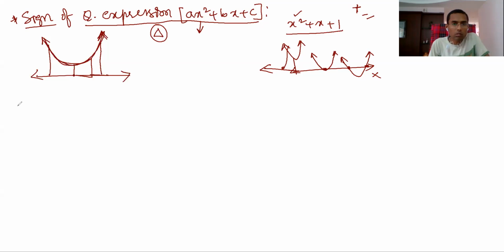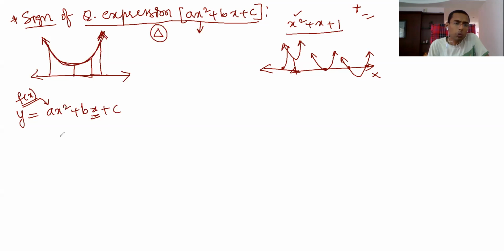I'll show you a very easy way. Let's say y equal to f of x, both are the same only. I am taking ax square plus bx plus c. As I take the x value on the x-axis, the y value will be taken on the y-axis for the graph. Sometimes we take f of x because it is in terms of x, or we can take y also. So now this expression is there.